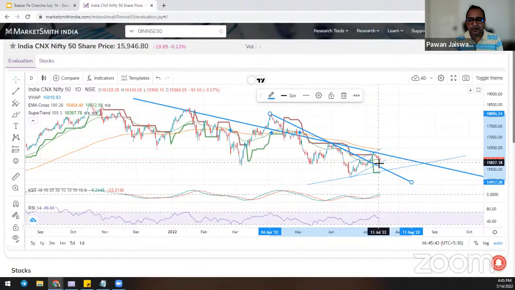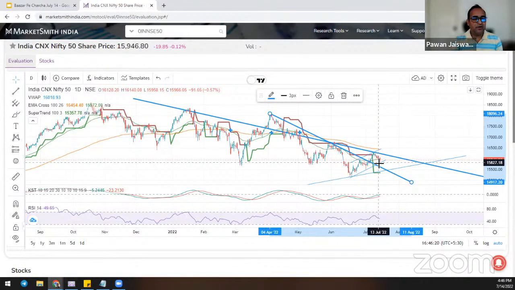Okay, and that is why I can say that from the short term perspective, the market is trending in a sideways zone, and from the mid term perspective, I can say that the market is trending in correction. So what next actually? Next, this 15,900 on the downside and 16,250 on the upper side are going to act as critical levels, and